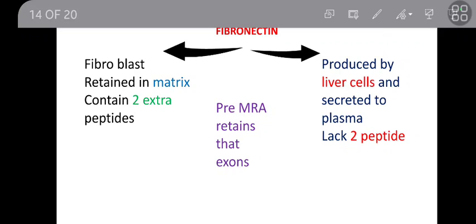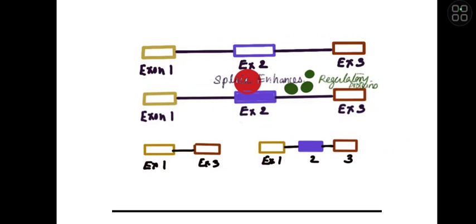In the pre-mRNA, the exons which code for those two extra peptides will be excised in the liver cell, and will be retained in the extracellular matrix. How this happens is that during alternative splicing,